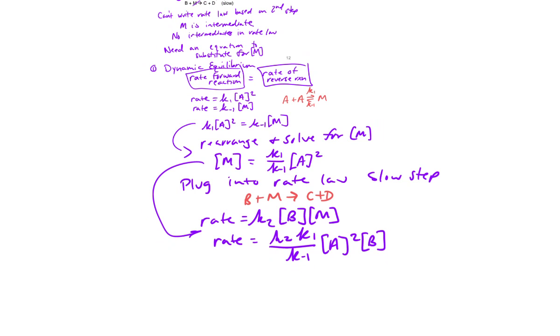All of these K's, we're going to call one constant, and we're going to have rate equals K times A squared times B. And what we're going to see is that is the method for getting to the rate laws we have in fast